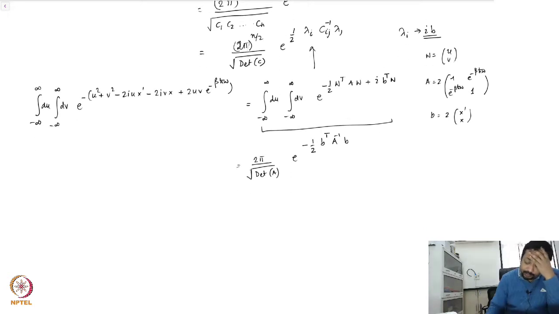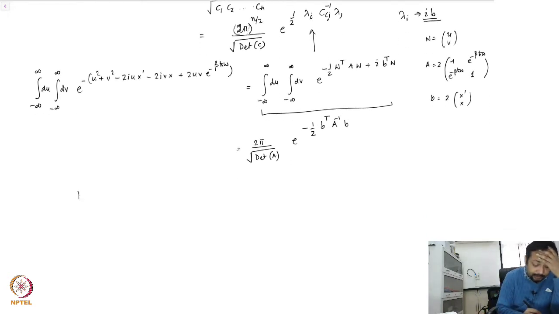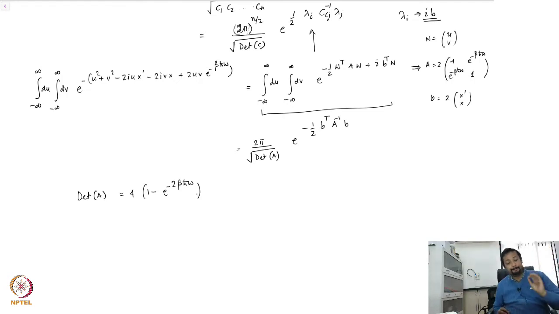Let's take it step by step. The determinant of A follows from this relation. It's going to be 4 times (1 minus e to the power minus 2 beta h bar omega). Please make sure that the factor is 4 outside and not 2 blindly, because 2 multiplies all the elements of this matrix A. And then A inverse is evaluated as